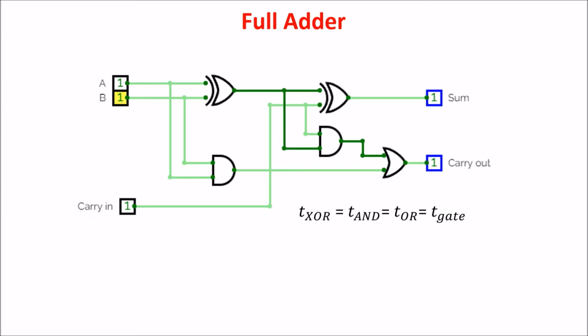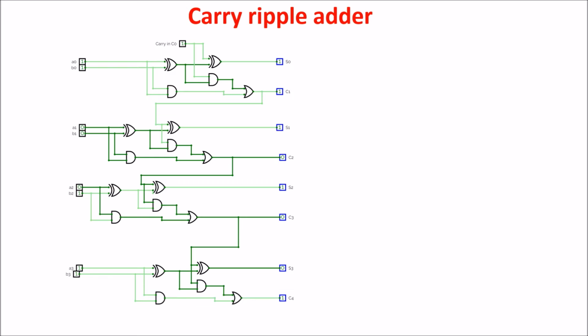So in this situation, we have the sum delay equal to 2 gate times, while the delay of the carry is equal to 3 gate times, which is the slower path. Now we see the delay of a 4 bits ripple carry adder, which is composed of 4 full adders. All the A and B bits arrive in parallel, as well as the first carry in, or C0. We already saw that after 2 gate times we have S0 and after 3 gate times we have the carry